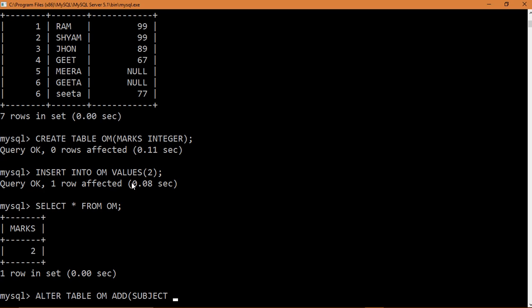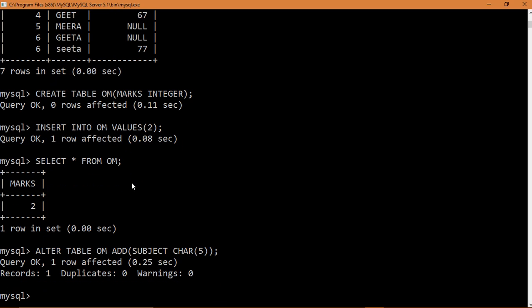And its data type I am taking char 5. Okay, so your other column has been added to it. Fine. And then how to add subject to it?